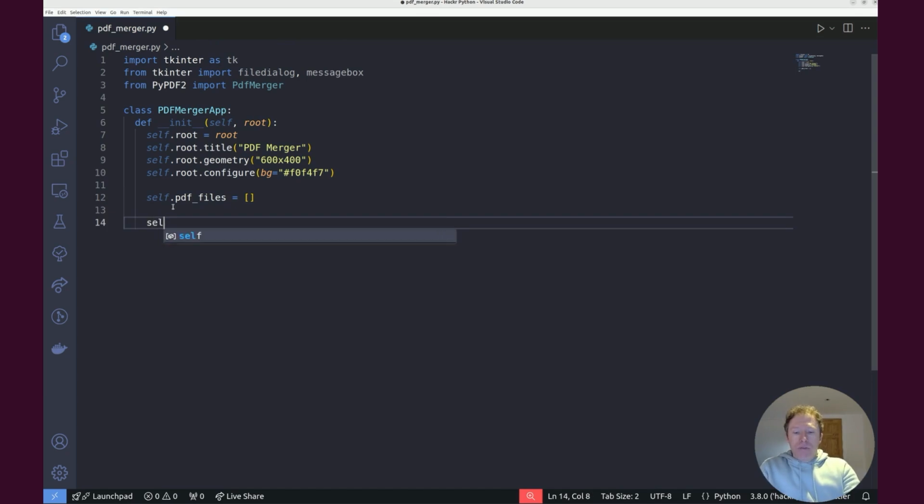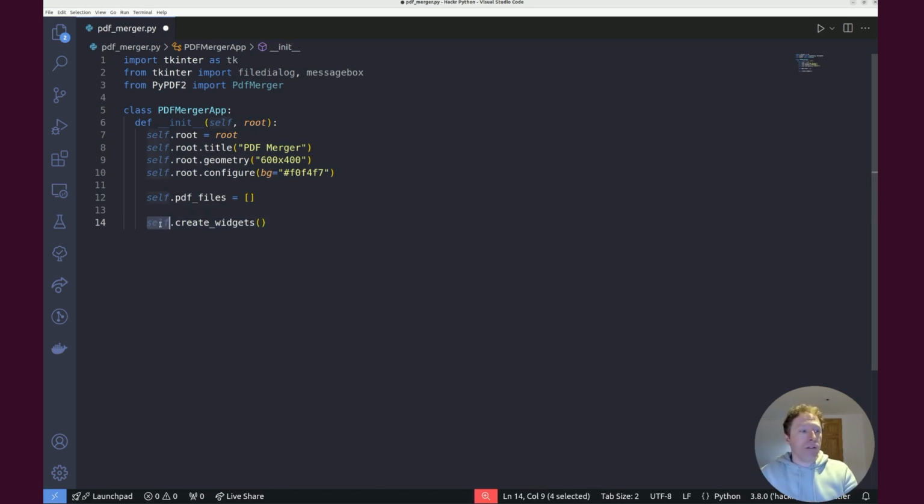Finally, let's add this in advance. So I'm going to add this now. This is a create widgets method call. Now this method does not yet exist. And this method is where we're actually going to define the elements of our GUI. I'm adding it now and we'll come to define this later, but you'll notice that what this means is that